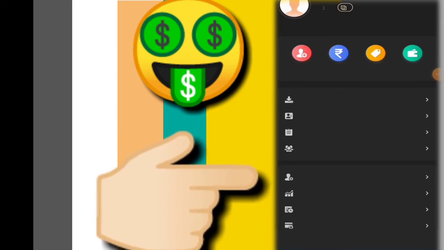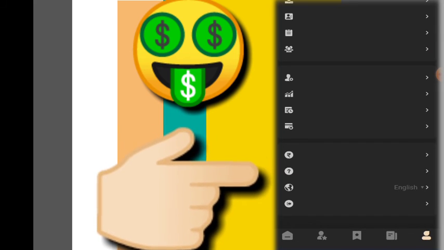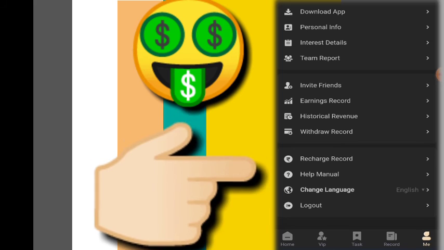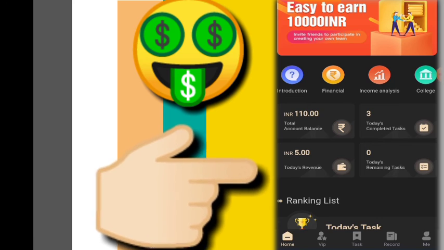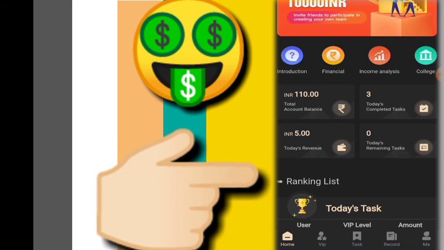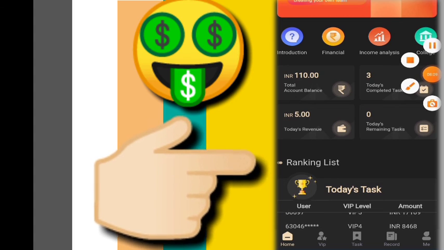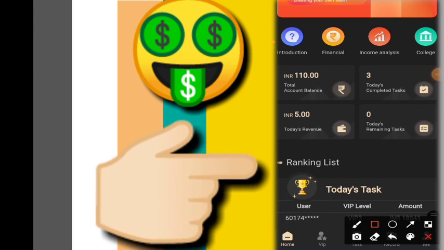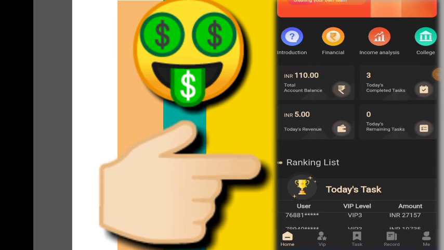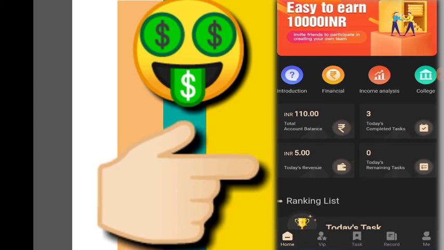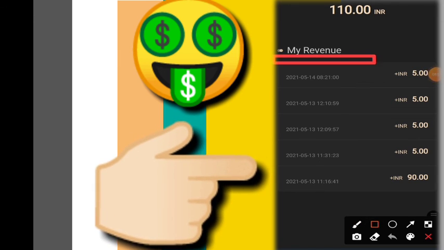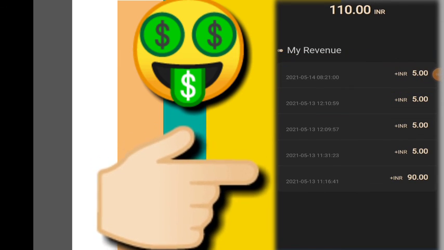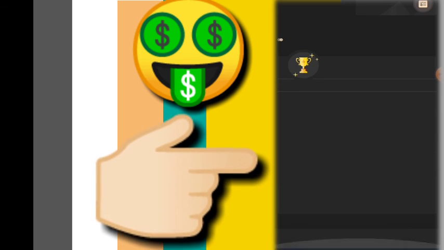So our rupees are not transferred till now. So what you have to do next, go to home, check. Okay, I got 5 rupees, you can see here. So I'm clicking on that, and you can see that I have got 5 rupees plus in my account. So it is definitely defined that I got 5 rupees. You can see here I got it today.